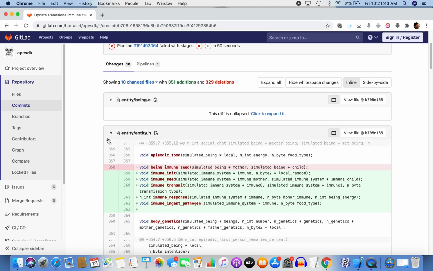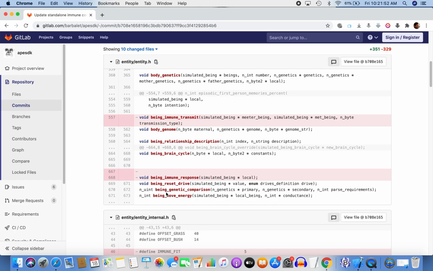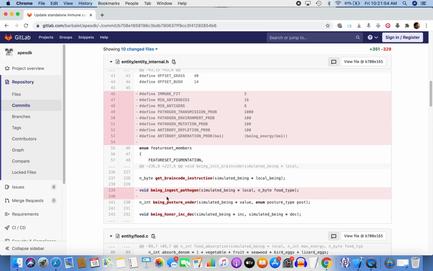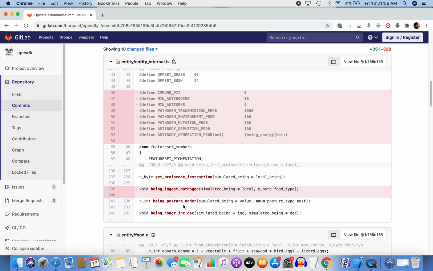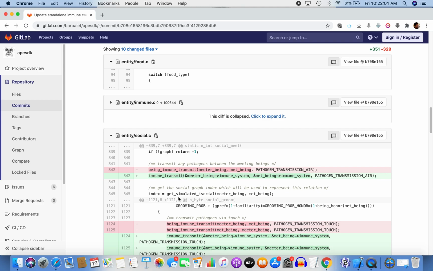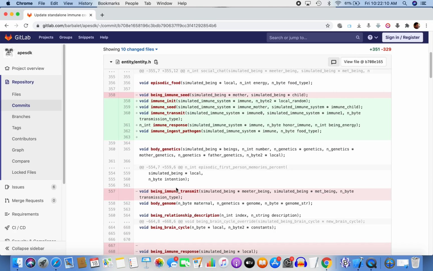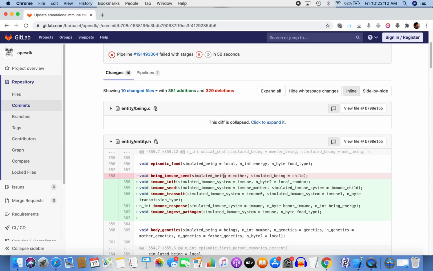And I also utilized this as an opportunity to, so these are now all immune rather than being immune. I also use this as an opportunity to clean up a bunch of different bits and pieces of code. And I think I also use this for explicitly saying random seed. So these are just to get the immune system in. So basically it's only acting on the immune system now. It's not acting on the being code. Historically, what happened was it took the being code. Now it just takes the immune system code from being,